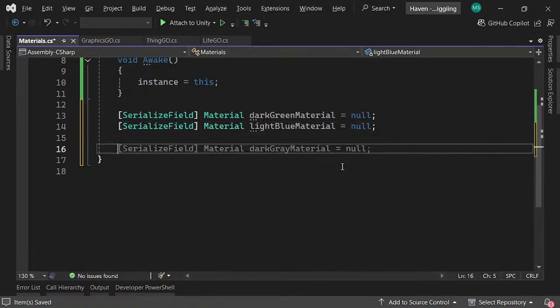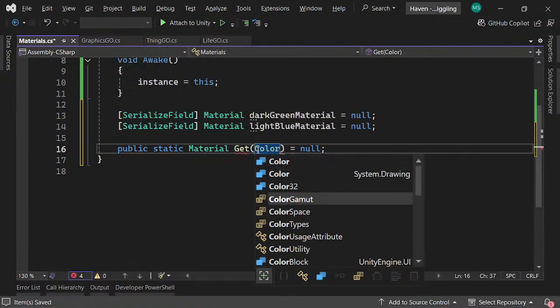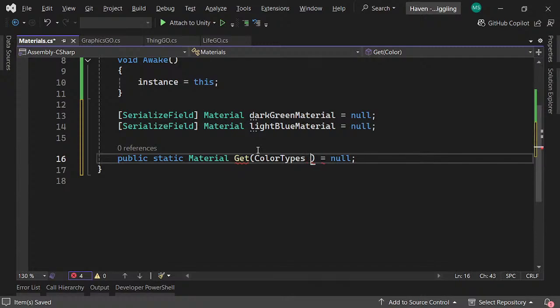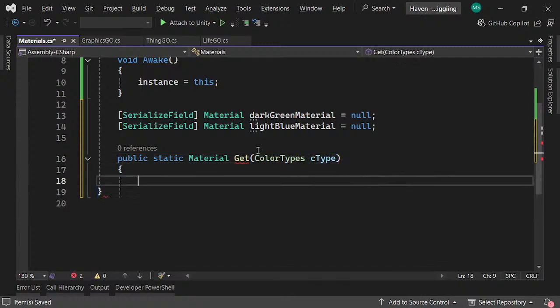Well, actually, what I want to do is say public static material, and I want to say get, and then I want to say color types, the C type. So here again, I do C type because it's just represented. And then I just say switch on the C type,